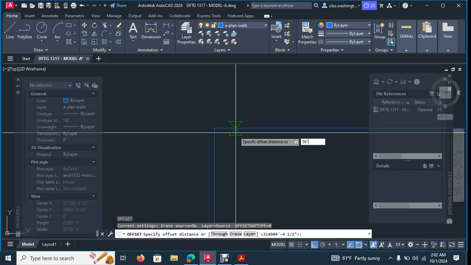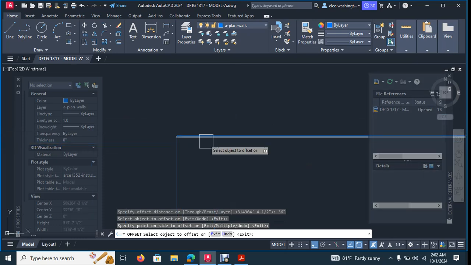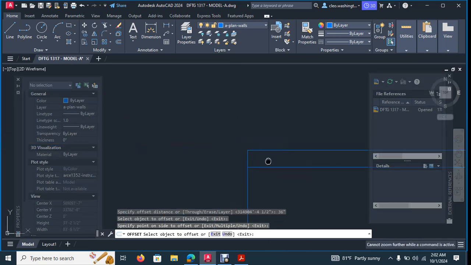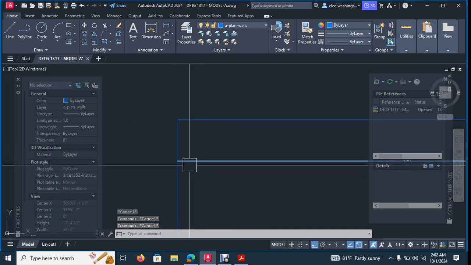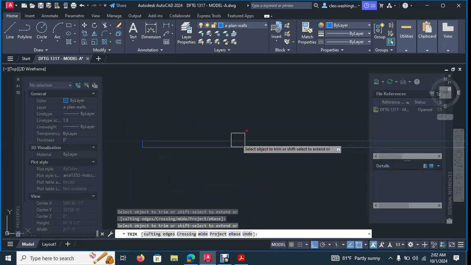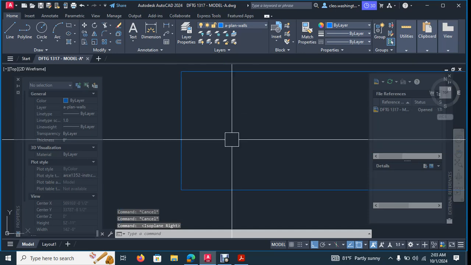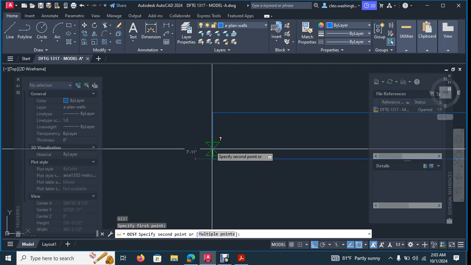And offset it 36 feet. And zoom all the way in here. Okay. Hit TR for trim and trim this guy. Okay. So we can go ahead and type in DI here and get a distance to make sure we are